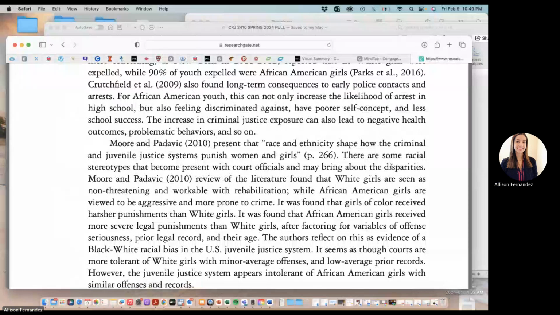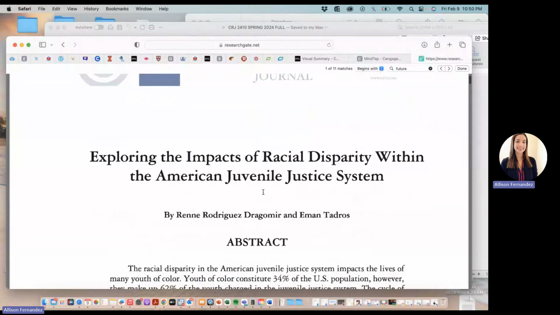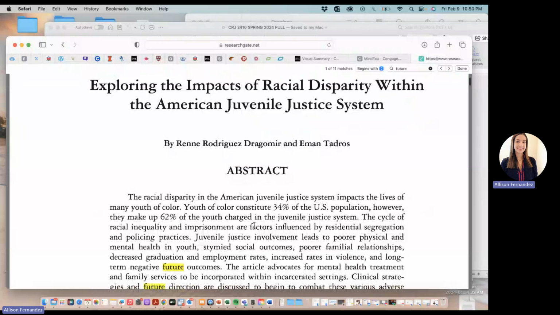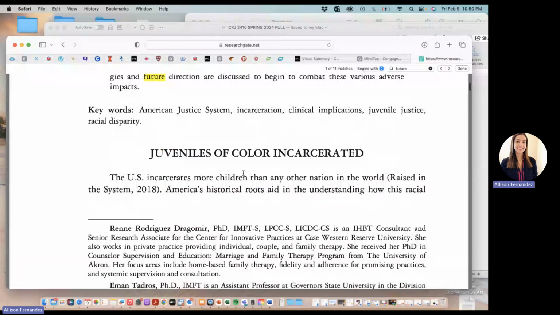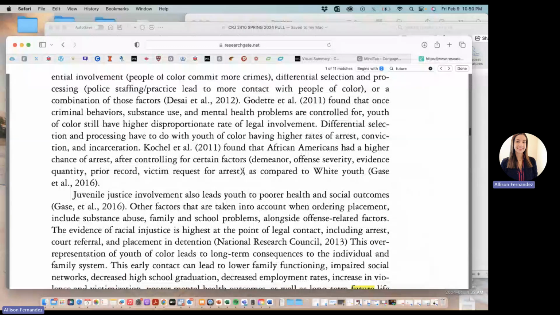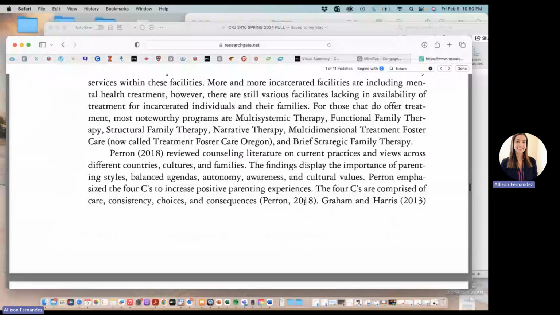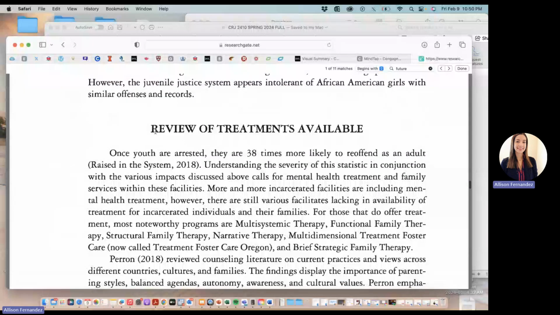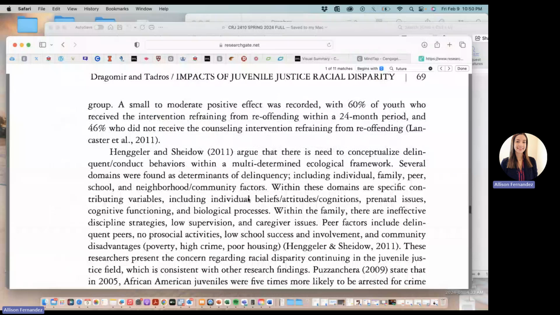All right. So this is a good example of an article. You'll have an abstract that tells you about the article in a few sentences, short paragraph. You'll have an introduction, the lit review. This is a lit review, so review of treatments. Then you'll usually have the data, the analysis,